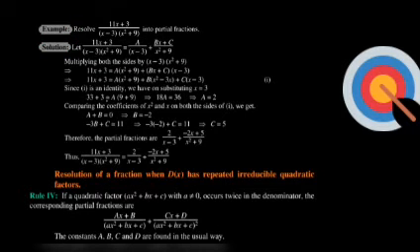The example: 11x plus 3 divided by x minus 3 into x square plus 9. Resolve it into partial fractions. As you can see, in the denominator we have an irreducible quadratic factor. X square plus 9 cannot be resolved into linear factors. So what do we do in this case? We put A above the linear factor, which was x minus 3, and we put bx plus c above the irreducible quadratic factor, which was x square plus 9.